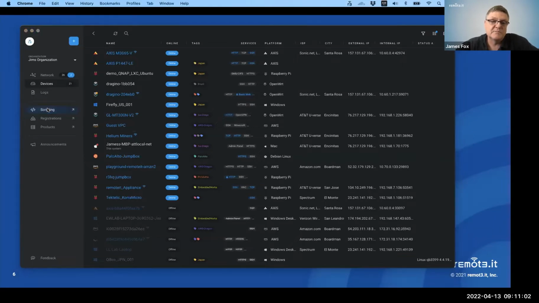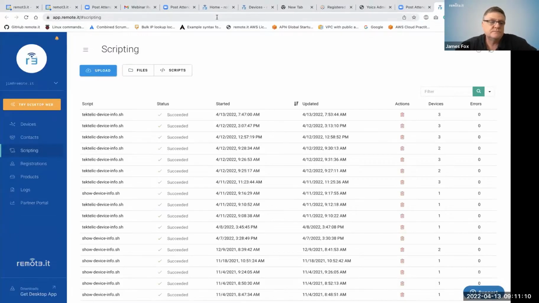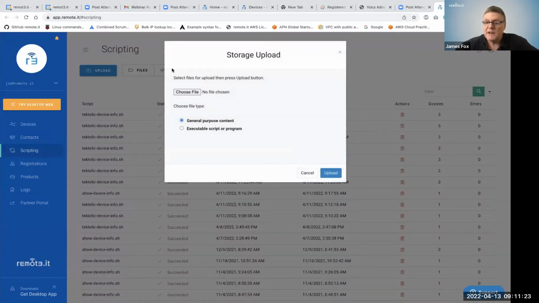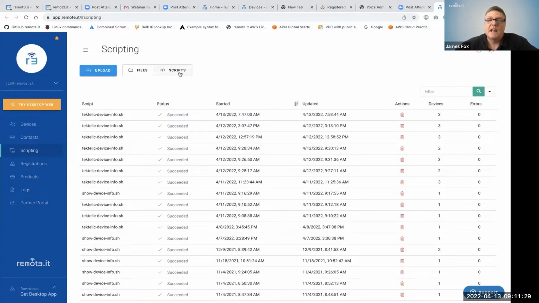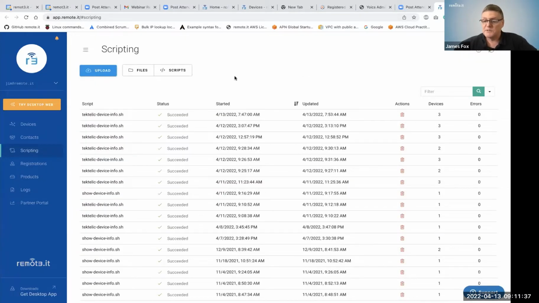Click scripting. That's going to log me into the web version of Remote.It. And you can see I'm on the scripting tab over here, right? And all I would do is, once I have my script, I would upload that into my Remote.It account. Okay, I've already done it, so I'm not going to do it here. And then it will show up here in my list of scripts. Okay, so you can have standard scripts you run. We have customers that run the same script every day. For example,